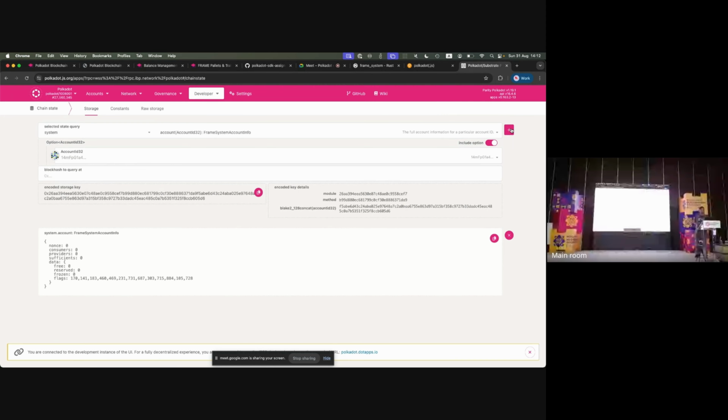Have you guys already used Polkadot.js? Pretty good tool, pretty fun. And remind me also to show you why it's in system and not in balances. Okay, this should be in the Asset Hub, no? Did I pick